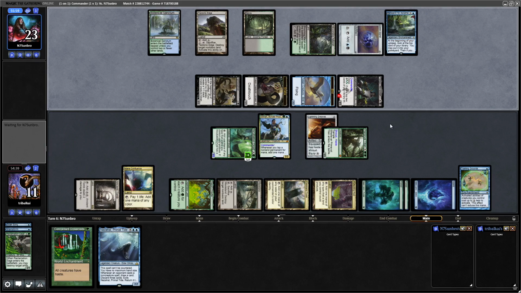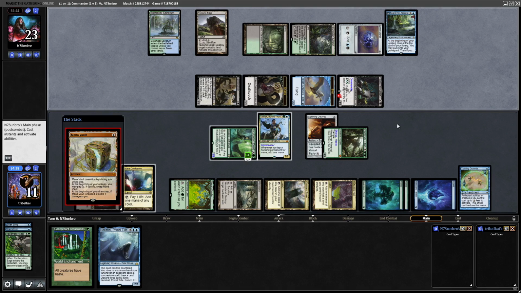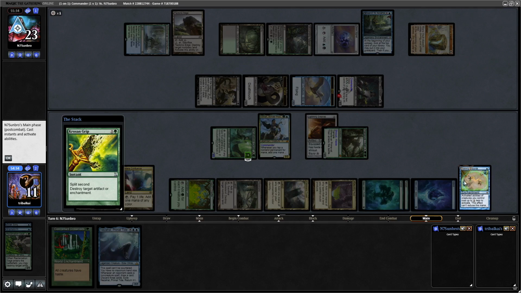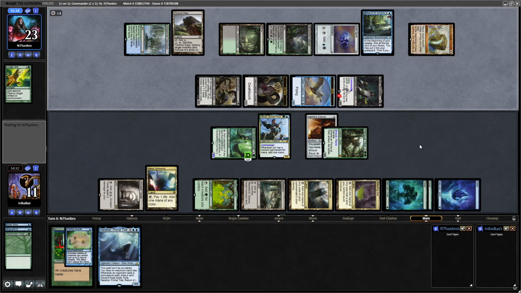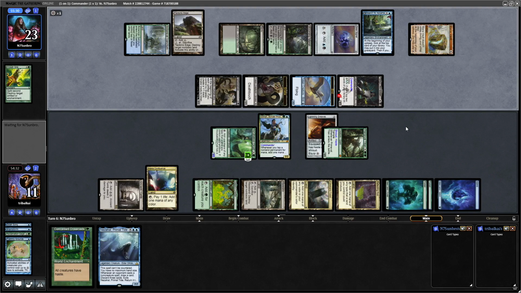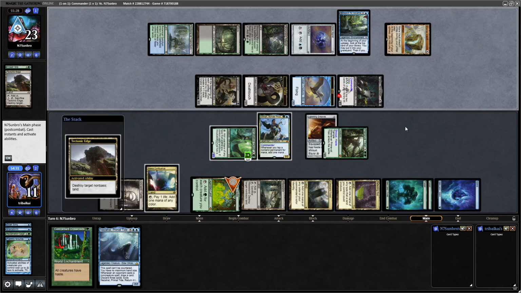Maybe they're just trying to go wide on us and rush us. A Mana Vault as well. Then Cross and Grip onto Training Grounds means that's obviously eating removal, but it keeps our Lightning Greaves in play at least. It might be worth, there we go, so they are going for the tech edge, so